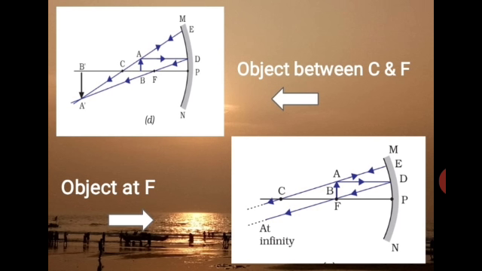Such cases in physics we say that these rays will meet at infinity. Infinity is a very large distance. So, the image will also be formed at infinity. Whenever you place the object at focus, the image is always formed at infinity. But this image can be taken on the screen. Hence, we say that the image is real and inverted. It is highly magnified because it's meeting at infinity. So, the size of the image increases many folds.